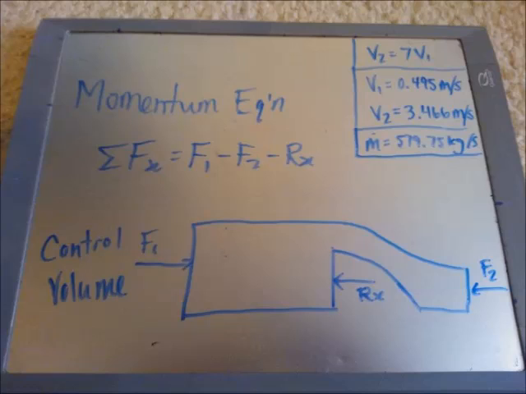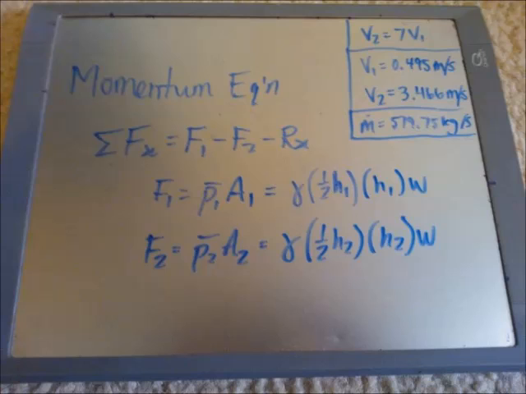So with that, we can build this sum of the x forces. F1 subtract F2 subtract Rx equals the sum of forces. Now talking about the F1 and the F2, which are the resultant forces of the pressures. What we want to do is use the average pressure of the surface that the pressure is acting on and multiply that by the area. So for F1 we have the average pressure at 1 times the area at 1,